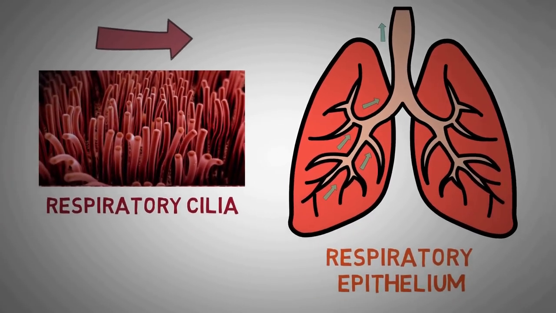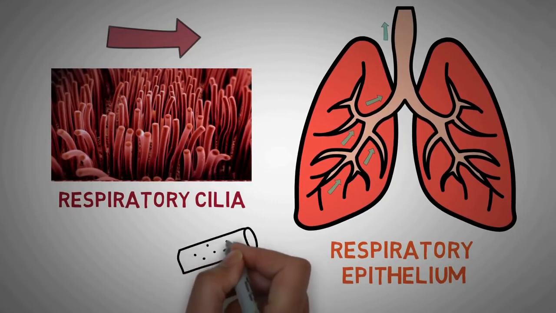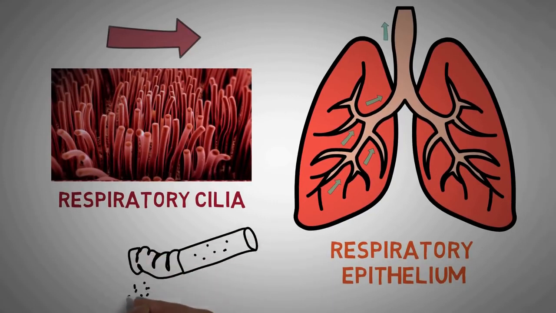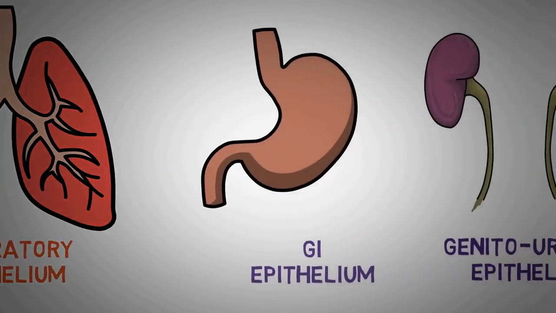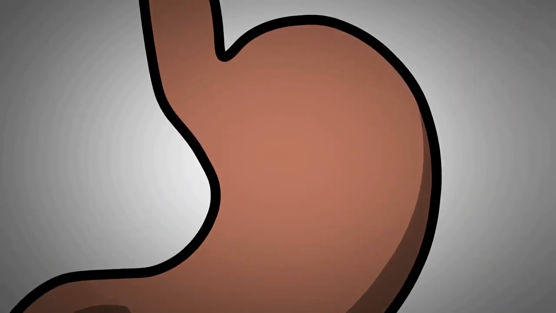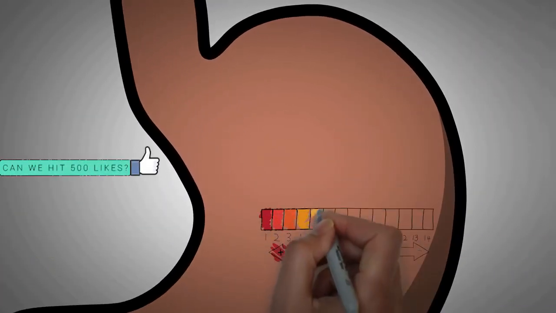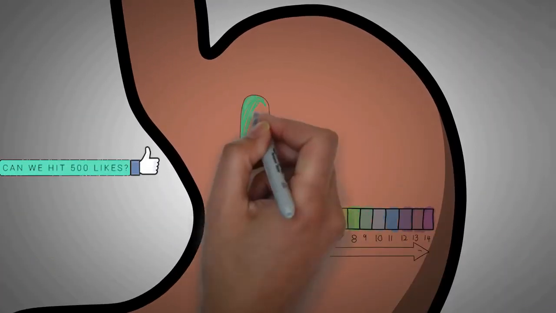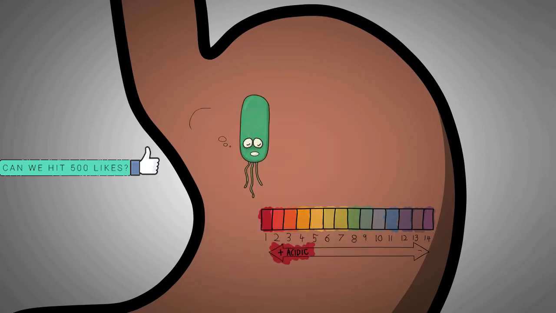Defects in the function of cilia are very common in smokers, which leads to a higher incidence of chest infections. The respiratory surface also provides various types of antimicrobial chemicals like surfactants, mucus, and defensins, which help to stop the invading microorganisms. Our stomach releases strong acids with a very low pH that kill most of the microorganisms that we accidentally ingest while eating.